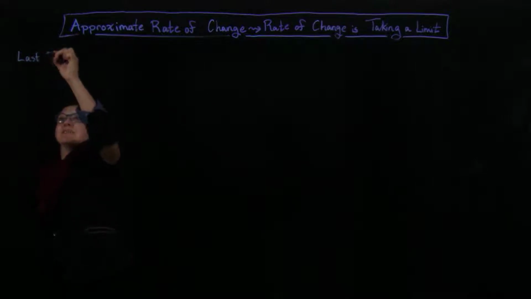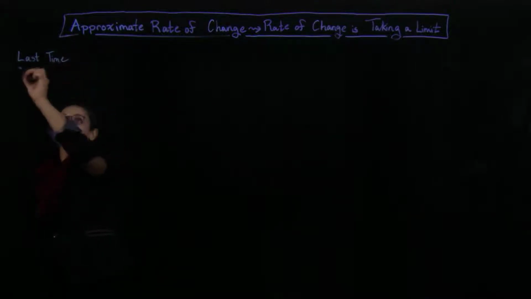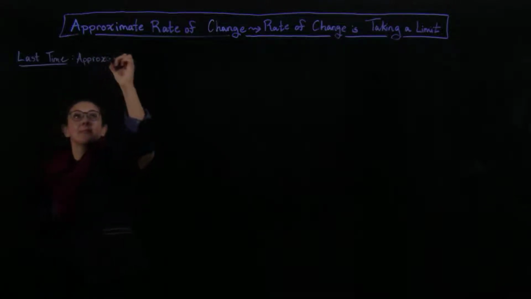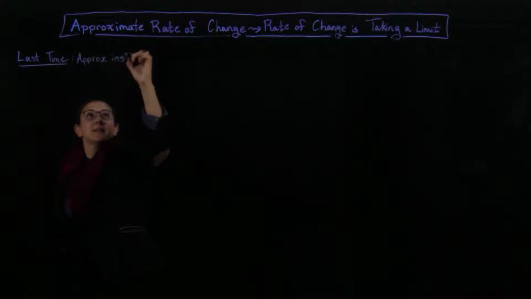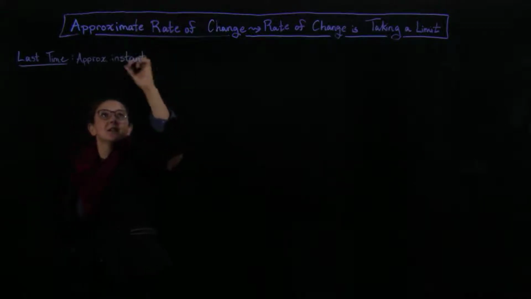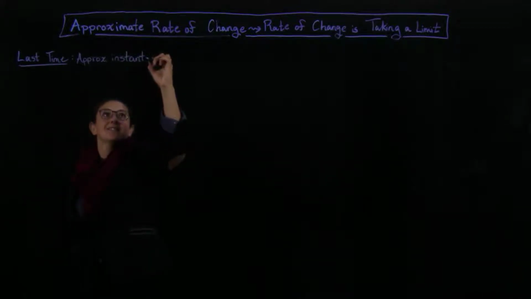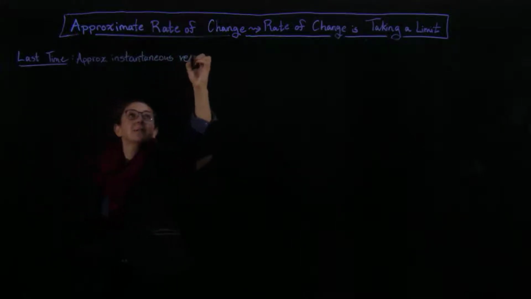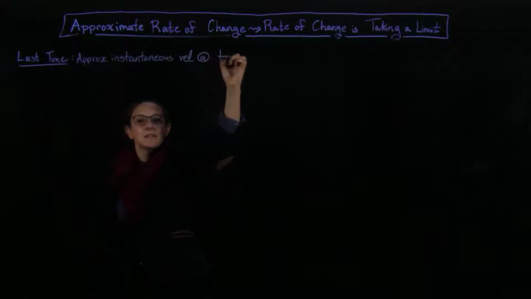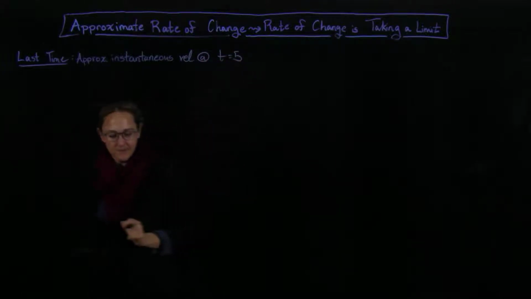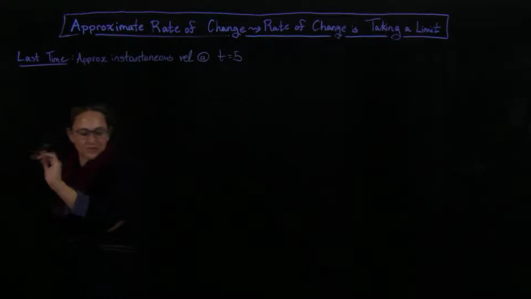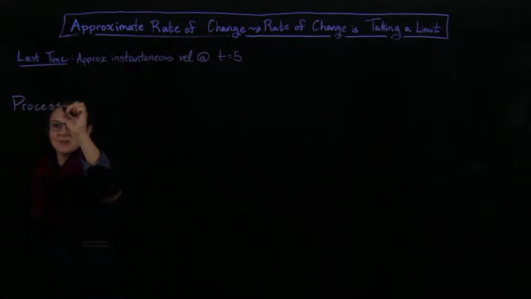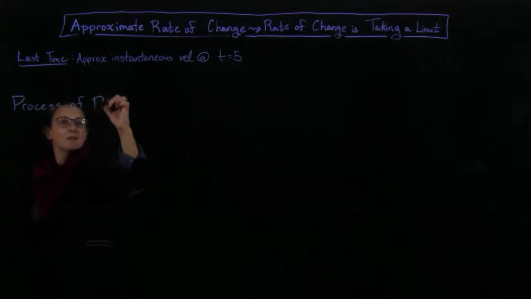we approximated the instantaneous velocity. Instantaneous, it's a funny word, velocity at this time t equals 5. Okay. And what did we do? So this process of repeatedly zooming in that we talked about doing,